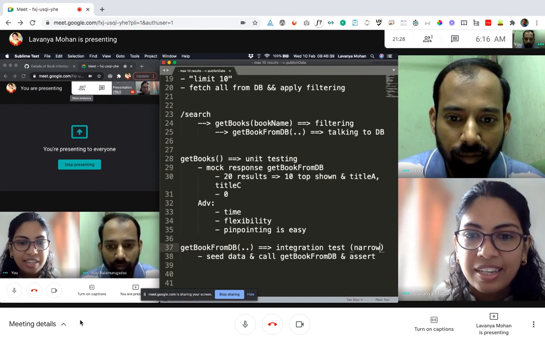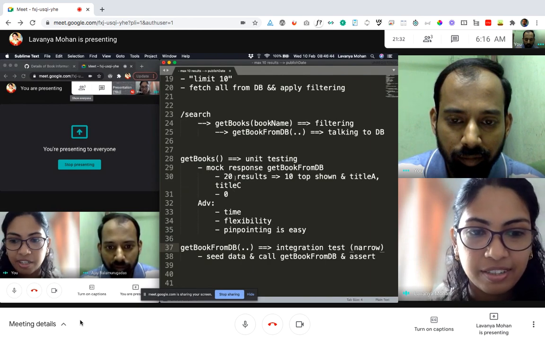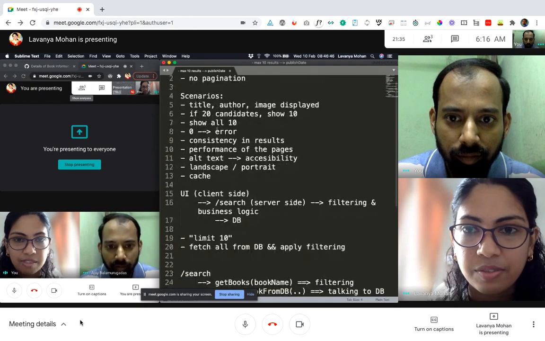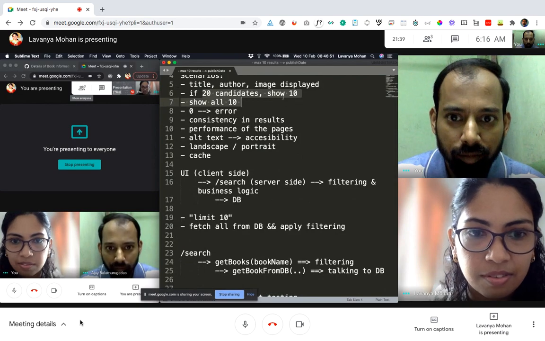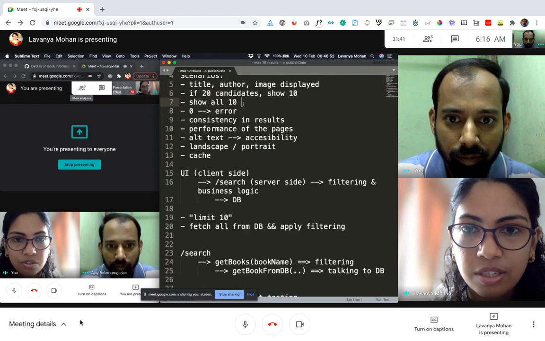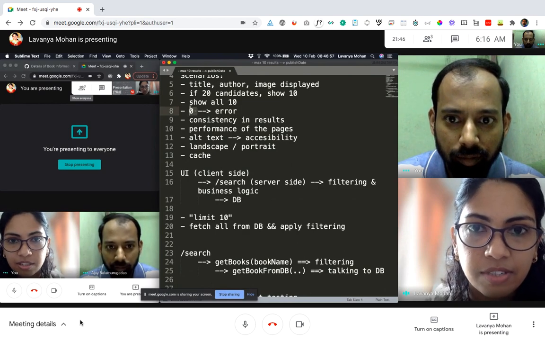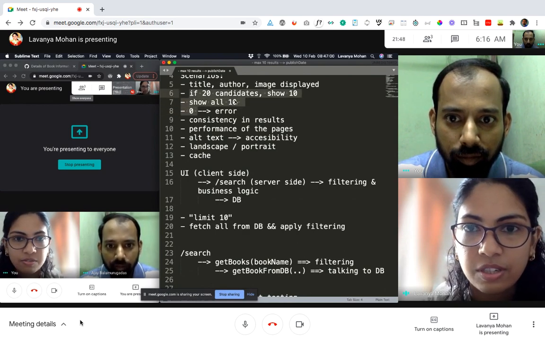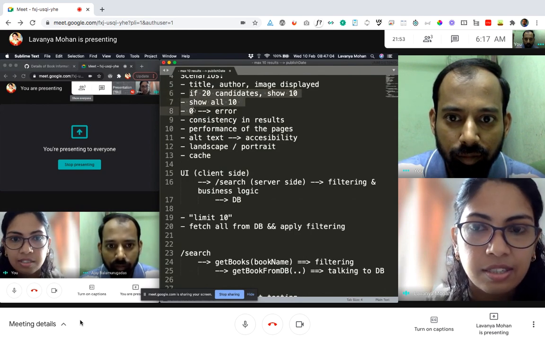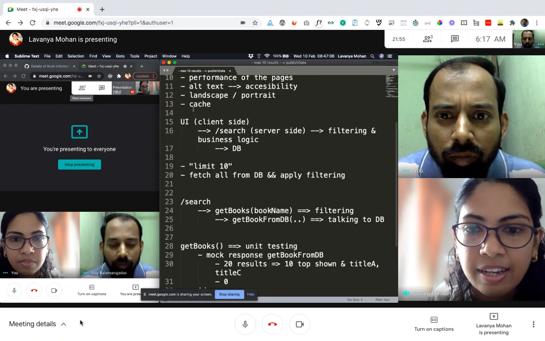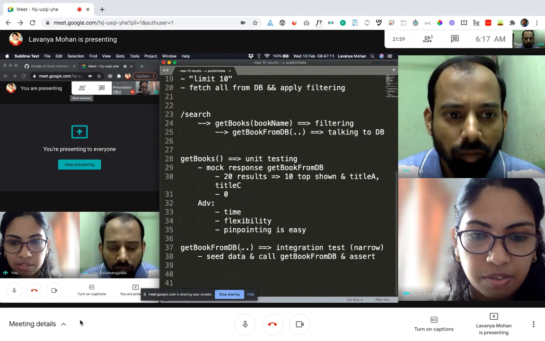Okay. So before we move ahead, let's just talk about what are the different things that we've already covered, maybe from this list itself. So we covered, in some sense, that filtering logic works, right? So maybe these two things, or maybe not the error part, but we can see that 0 is returned. We can see exactly 10 is returned, or even in this case, when there are more than 10 candidates, we still return just 10. This much is covered, and the actual integration part with the database is also in some sense covered till now.